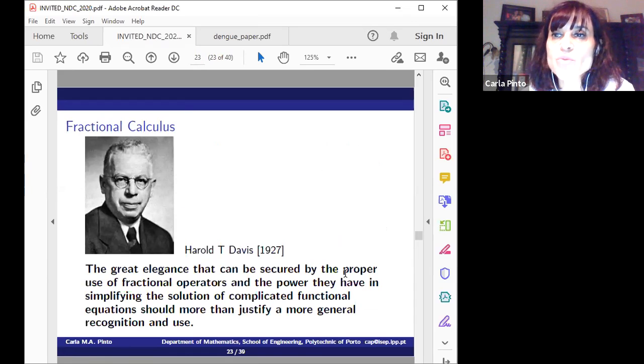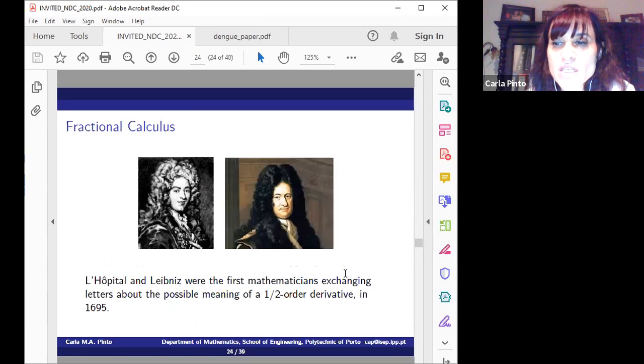Harold T. Davis in 1927 said that the great elegance that can be secured by the proper use of fractional operators and the power they have in simplifying the solution of complicated functional equations should more than justify a more general recognition and use. So this is quite interesting. We all know that this